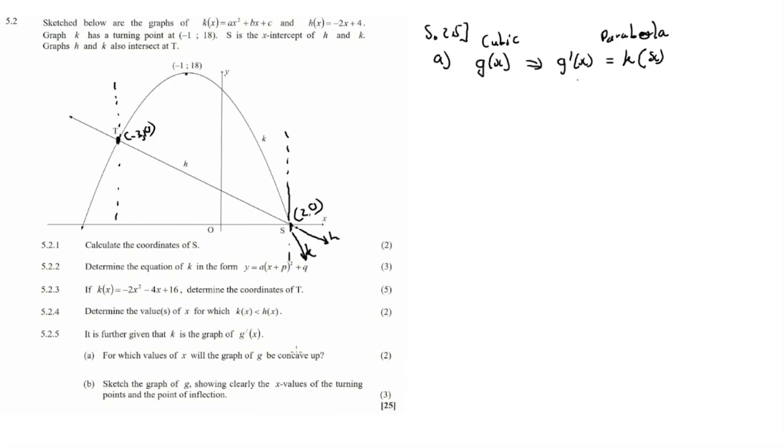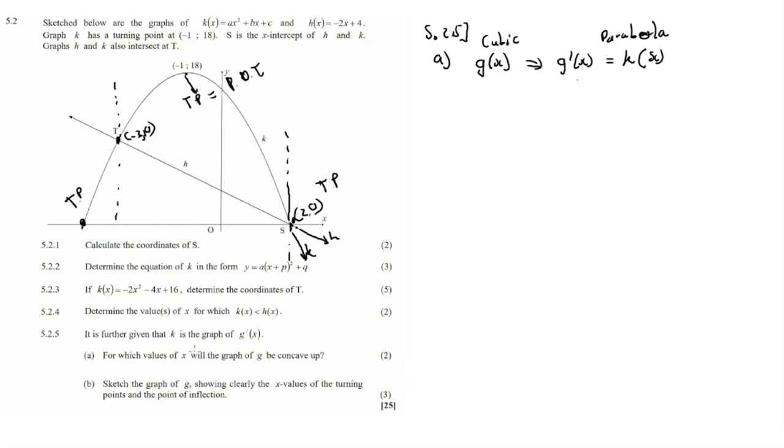Where do we find the concavity? The point of inflection, and the point of inflection on a cubic is represented by a turning point on the parabola. The turning point is similar to the point of inflection, and the x-intercepts of the parabola are similar to the turning points on a cubic function. So now